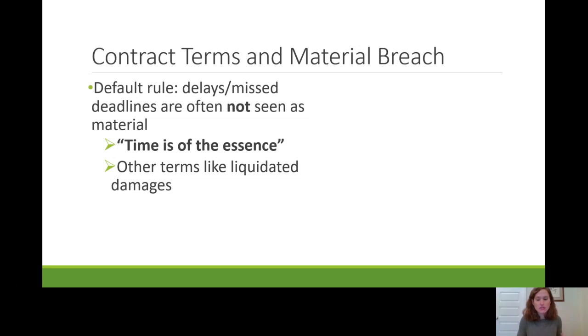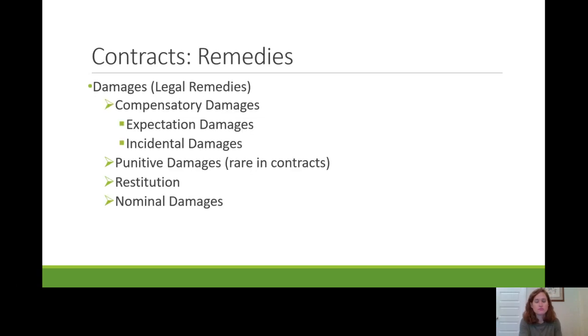The problem with that is that a lot of times, for different reasons, contract deadlines are very important to one or both parties. What you can do to get around that default rule is just add the language, time is of the essence. This is one of the rare cases in contract law where you want to be very specific and use that language. Don't try to just paraphrase. These are kind of like magic words: time is of the essence. Use that, and that's kind of the universal signal that deadlines are significant and that a failure to meet a deadline could be a material breach. Okay,